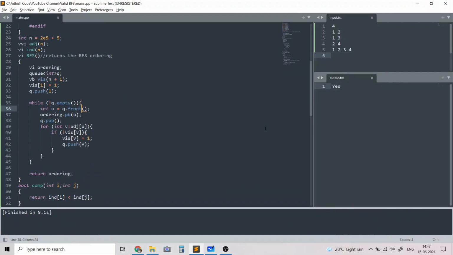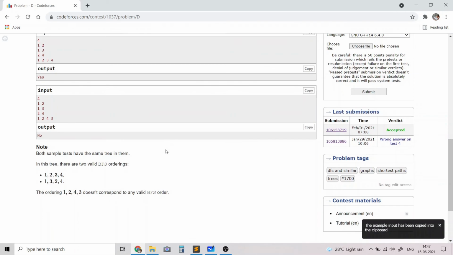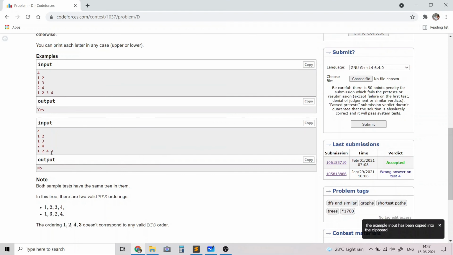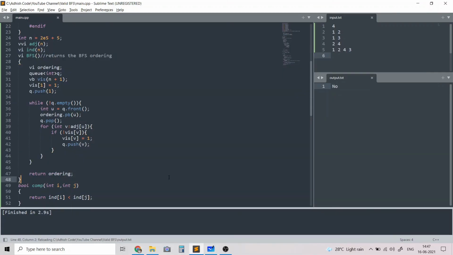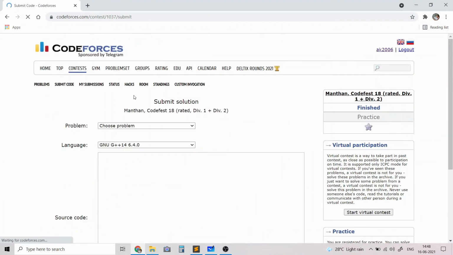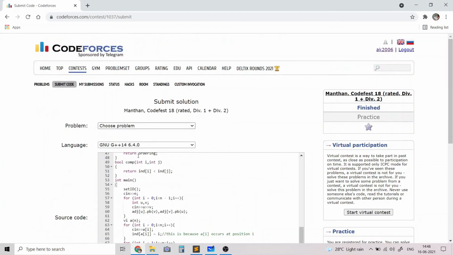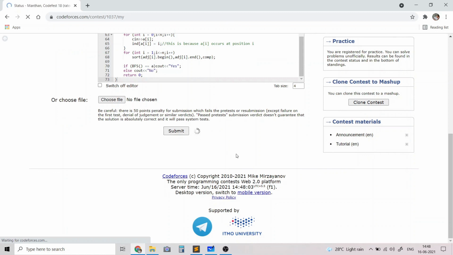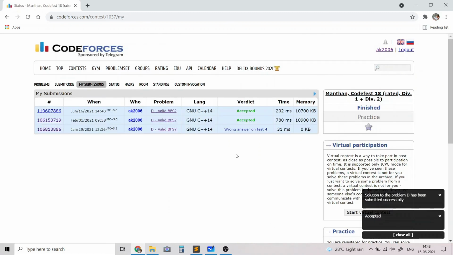In the first sample test case, we have the correct output, and in the second sample test case, this is not a valid BFS ordering, and the code again gives the correct output. Let's run this code to see that it gets accepted. As you could see, my code got accepted.